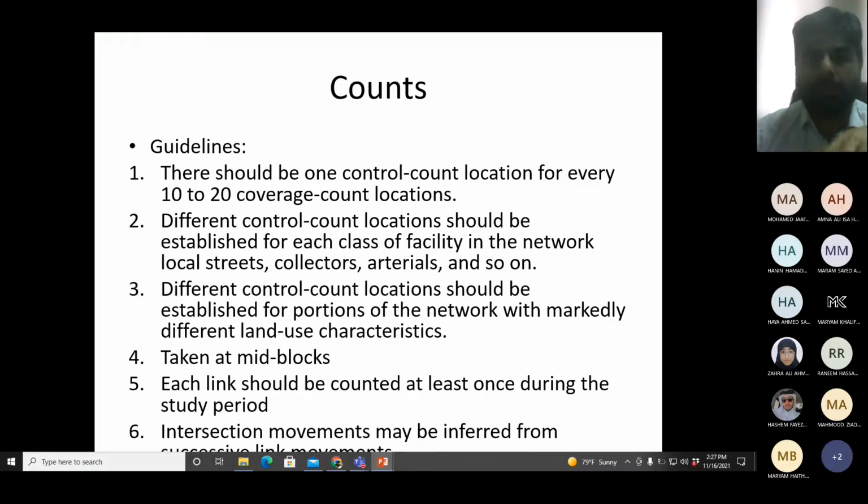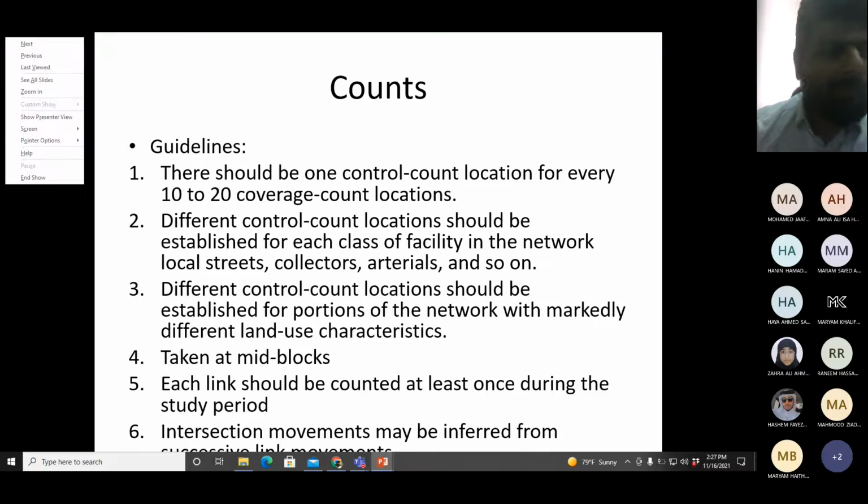All counts are taken at mid blocks. We don't count intersections. Mid block segments, we only count them. Okay, because we have already studied earlier, taking count at an intersection is more complicated. You need more people, and so on and so forth. So we try to make our lives easy. Even you are required to do the counting on a mid block segment for your term project because it's easier. Okay, so you see, I'm very considerate. I'm very soft about my students. That's why I'm not giving you counting for intersections. Anyways, it's easier for me to check as well.